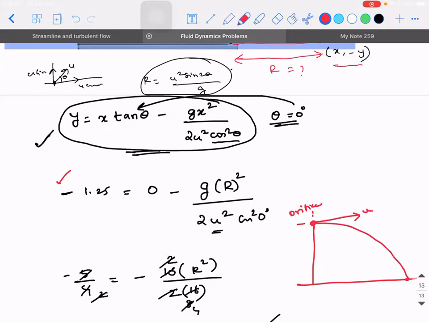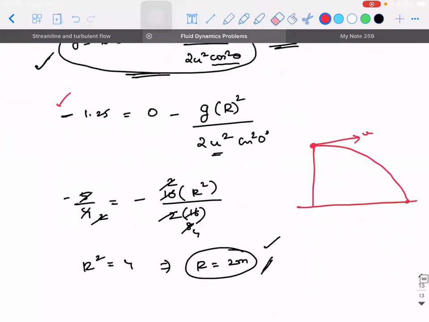Are the clear idea? Yes, sir. Now you want me to take some other point as origin. Now you tell me what I'm supposed to do. For example, suppose I take this as origin. Okay, this is r and this is y. Then I will construct the 4 quadrants here. With respect to the 4 quadrants, this point is in which quadrant? Which point, sir? The orifice, the black color dot. Fourth quadrant.